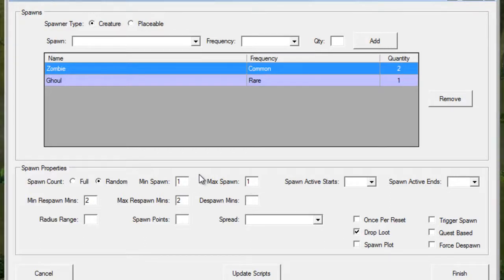Now, what's happened when we do this is that what we're telling the system is that we want this spawn point to only ever spawn one creature at a time maximum, and once that creature is either despawned or destroyed, one new creature is going to be respawned 2 minutes later based on these numbers here. The one creature that's going to spawn is going to be something that's randomly chosen from this list based on